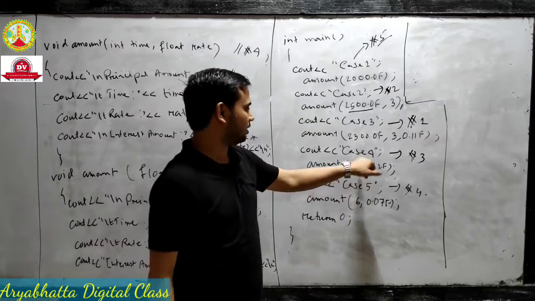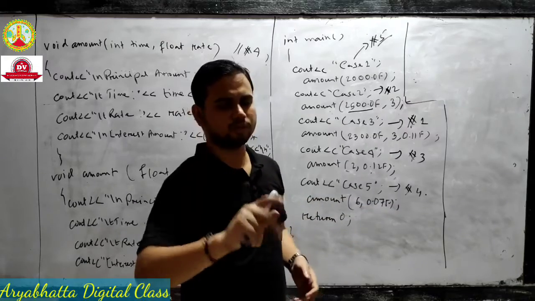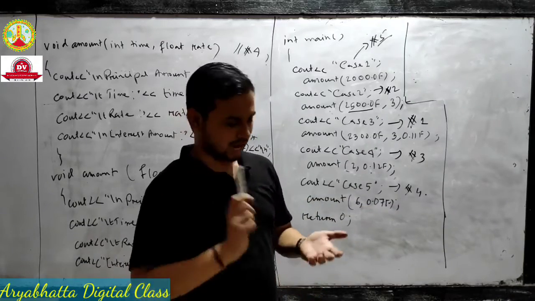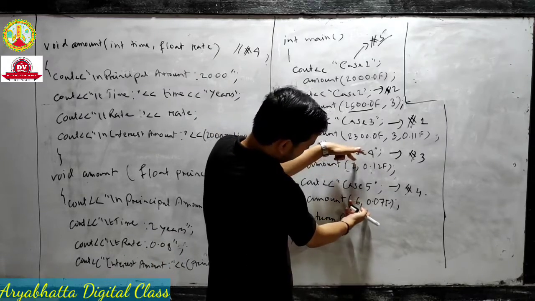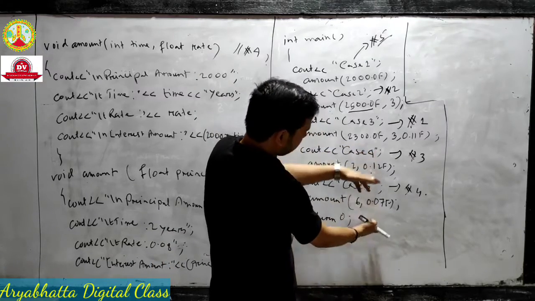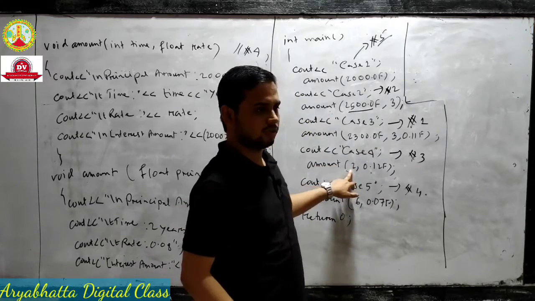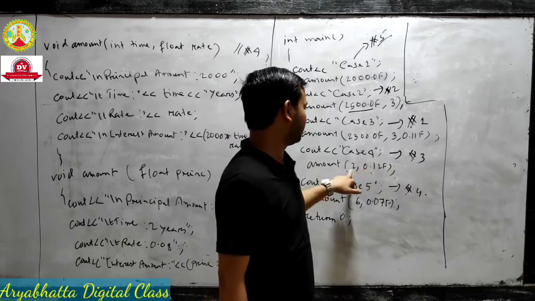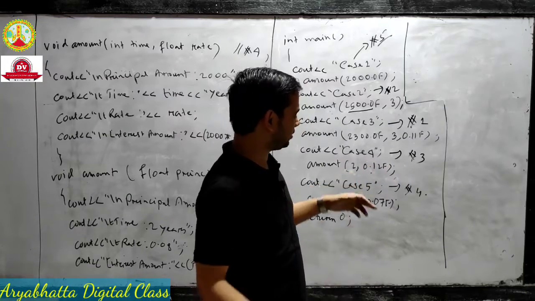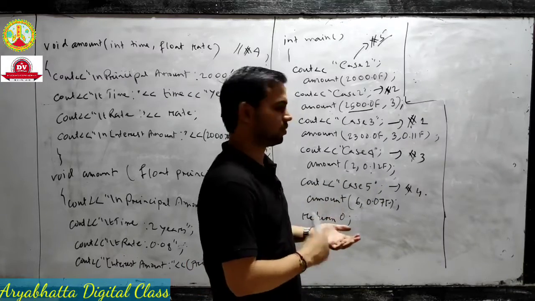Again I am saying this case 4, this is function 3, and in function 3, principal amount is not declared. You see, time is also time and rate. These two you see, these two are same. Here also time and rate, time and rate. But in case 4 you see 2 is the time, and in which function is the time 2 years? In function 3, time is 2 years. That's why it is directly taken as function 3, and principal amount is by default 2000.